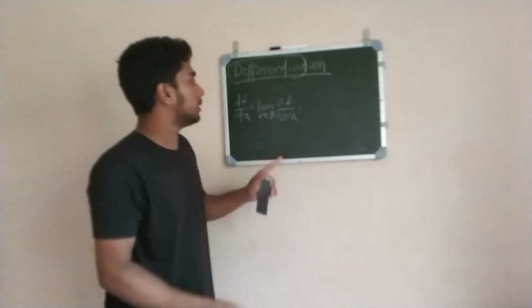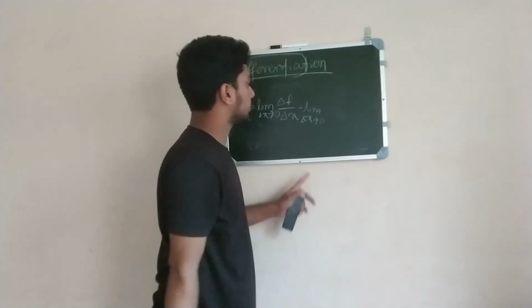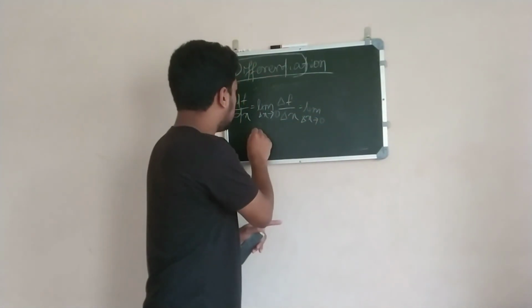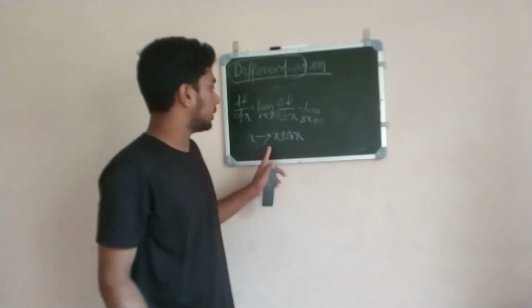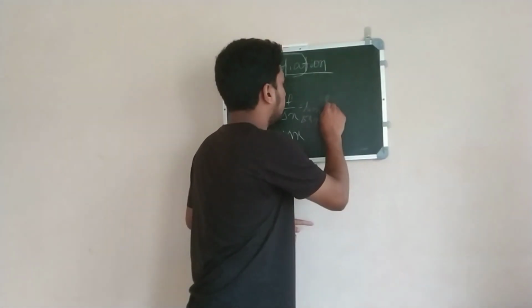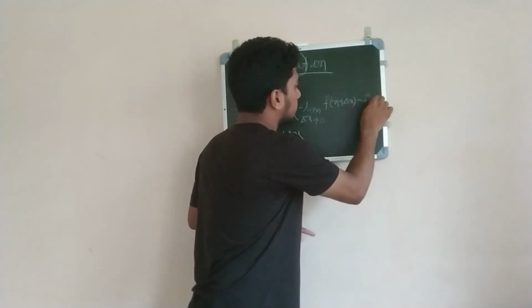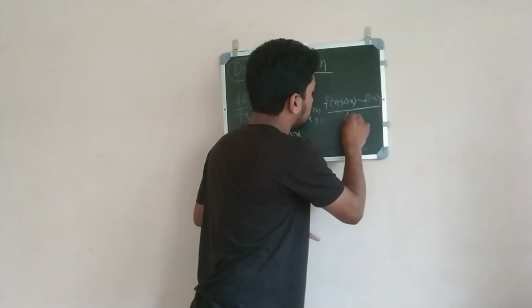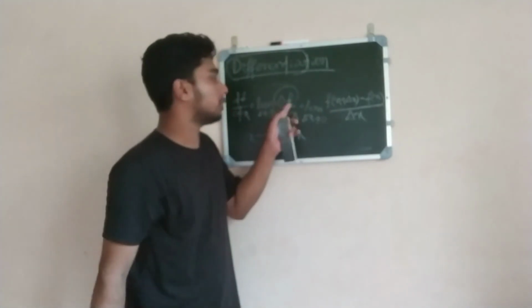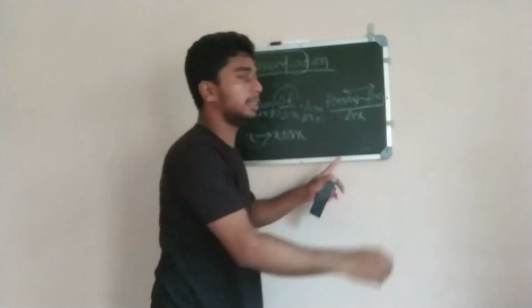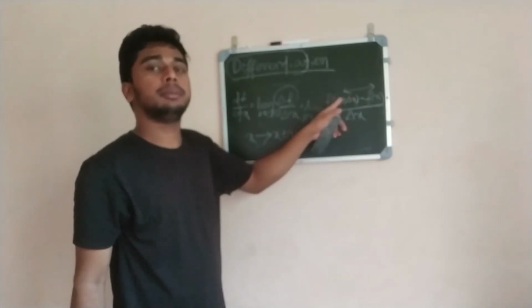What does it mean? Del f means, here I consider the x changes to x plus del x, then it will be f of x plus del x minus f of x, then this will be del x. So what is del f? How can I find del f? So del f is the difference when I change x to x plus del x. So this is how the derivative is defined.